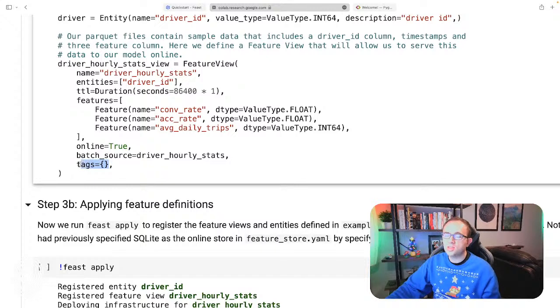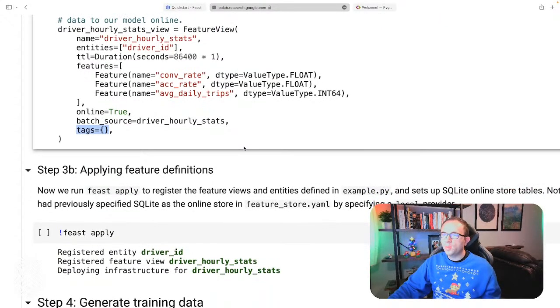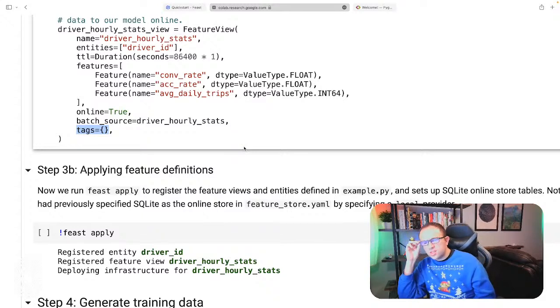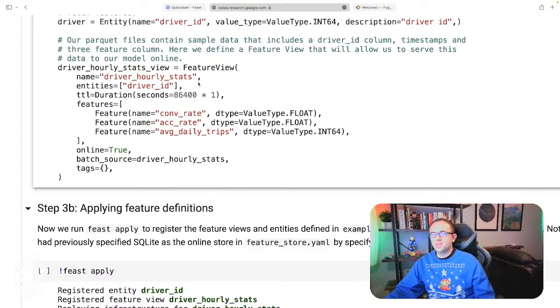I'm going to guess that tags are just like tags on AWS. They help us organize our data better. I'm very curious if Feast has a UI, because that would make sense if you wanted to filter on a tag. Let's say this is associated with your marketing department, then maybe you could have a tag here with a key that says department, and a value that says marketing, or maybe the value says, in this case,